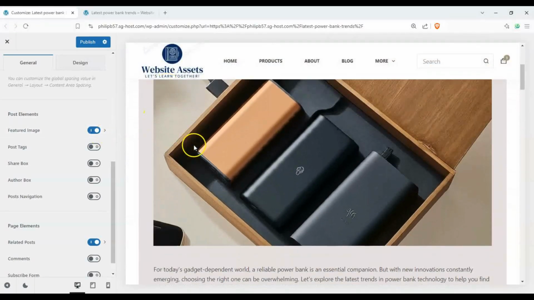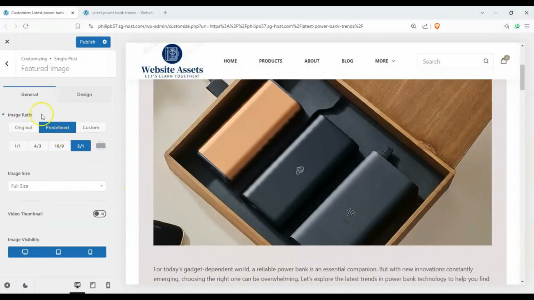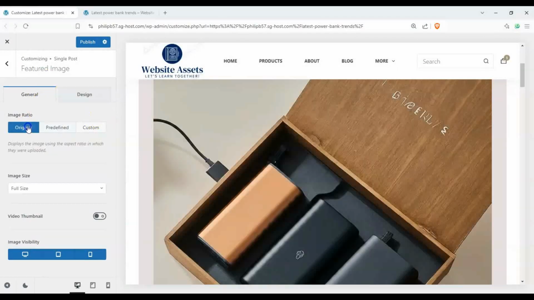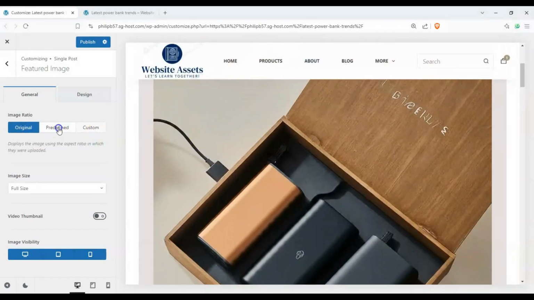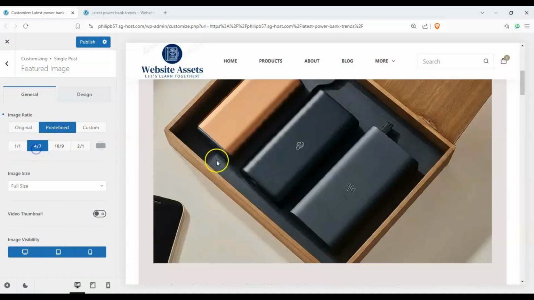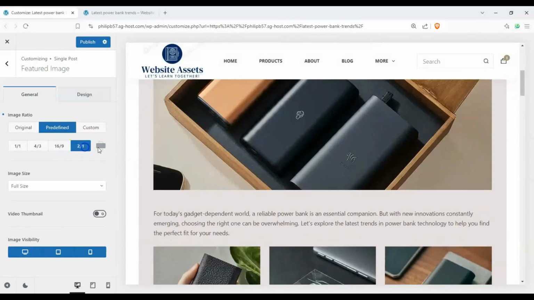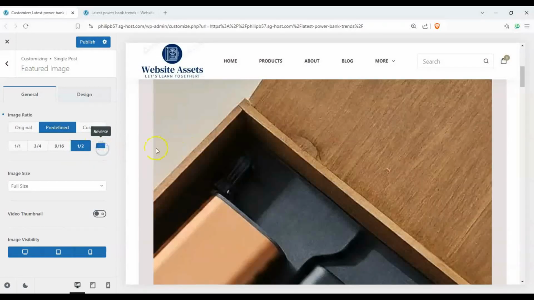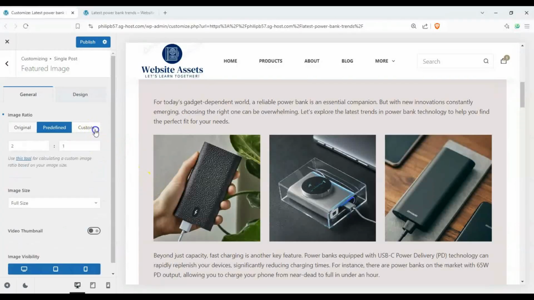Now we can customize this a bit further. Let's go ahead and click on this arrow here. And we now have our general settings here. We have original image ratio, because when I uploaded this, it was a square. Okay, we can have a custom, you see, 1:1 ratio. We can have it 4:3, 2:1, 16:9, and we can customize this vertical or horizontal. You know, it really depends on if you're going to be on mobile or desktop. And we can also have a custom ratio, let's say